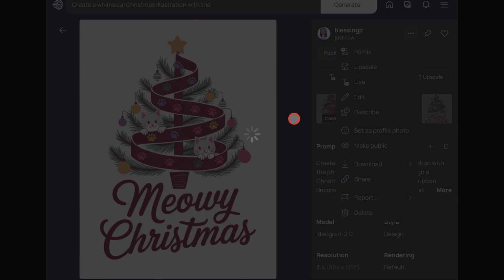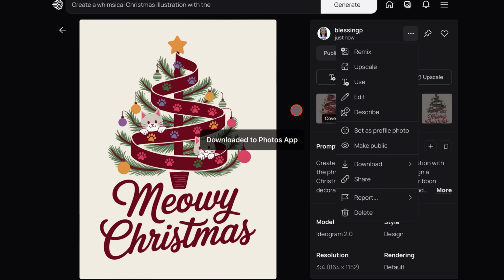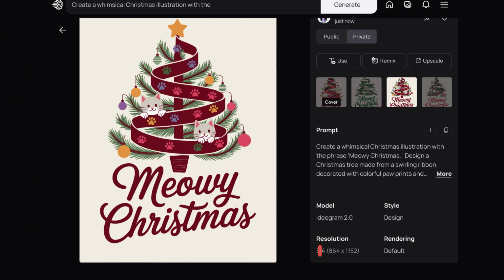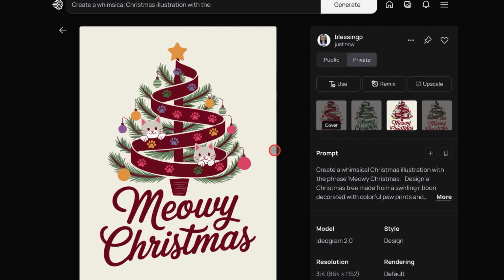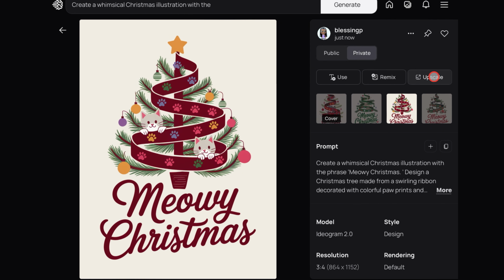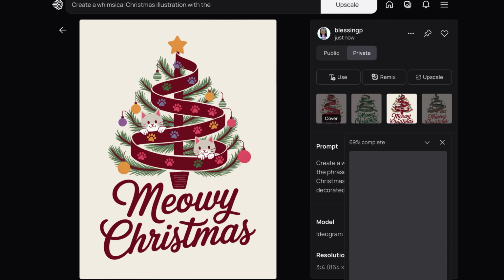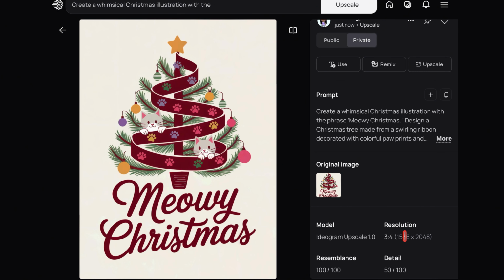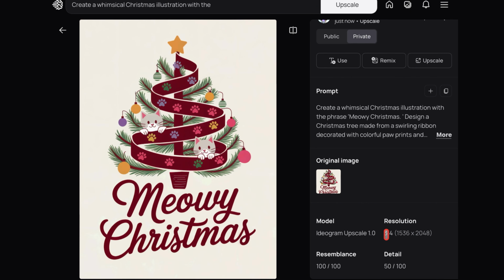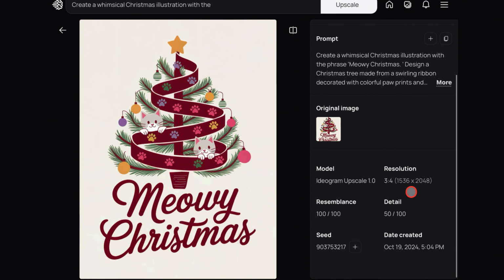Now, before I show you more prompts, let's talk about the Ideogram image size. The default resolution is about 1000 pixels, but you can use the upscaler to increase the size of your image. All you have to do is click on the upscale button and adjust the resemblance and the detail slider to your liking and click on upscale. When you scroll down below, you see that the size has changed to about 2000 pixels on the longest side,